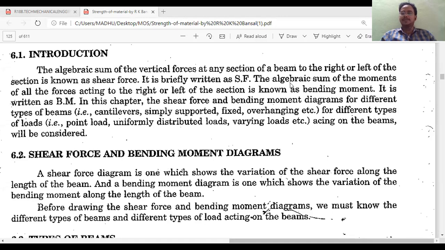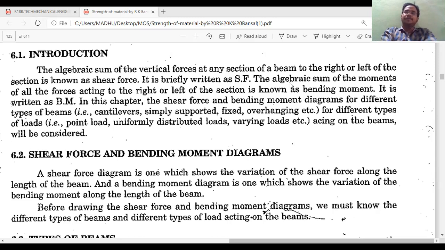Here, the shear force, we have already discussed the shear force. Shear force is the force that is acting over the surface, parallel to the axis or tangential to the surface. And one more meaning: the forces which cause shear are known as shear force. And in this case, if you have a long beam,